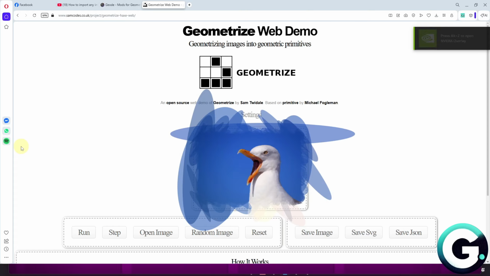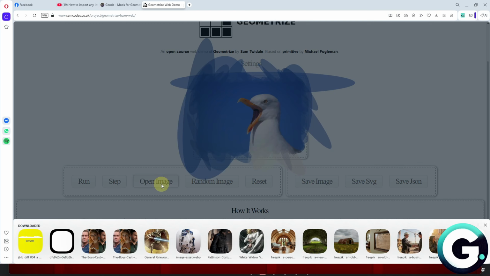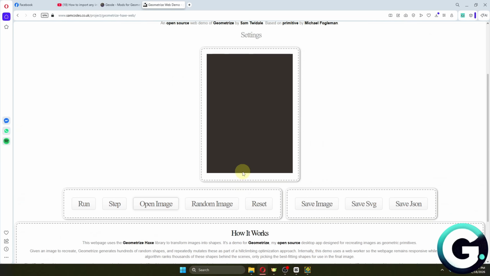And before we head back to Geometry Dash, we also have to head over to this website. Now I'm going to leave this in the description box below. From here, you want to click on Open Image. You want to open the image that you want to turn into your Geometry Dash image. So in my case, let's say that I want to select Batman right here, which is going to be relatively